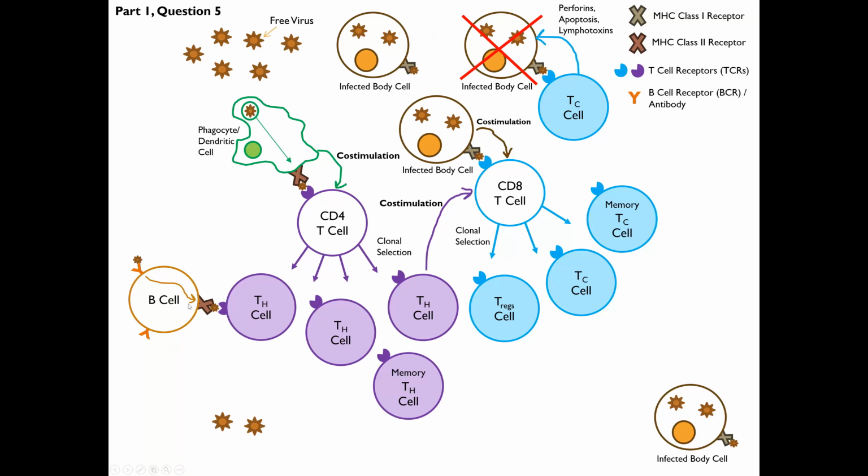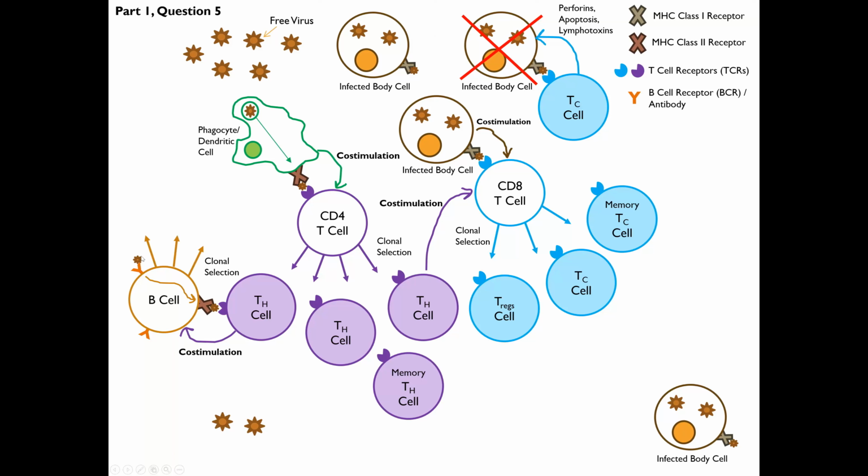So again, B cells are antigen presenting cells, so they have MHC class II receptors. And that antigen is then going to be recognized by a helper T cell. So a helper T cell comes along, recognizes that antigen with its T cell receptor, and then the B cell gets co-stimulation by cytokines released by the helper T cell. That is then going to activate the B cell, and once the B cell is activated, it's going to undergo